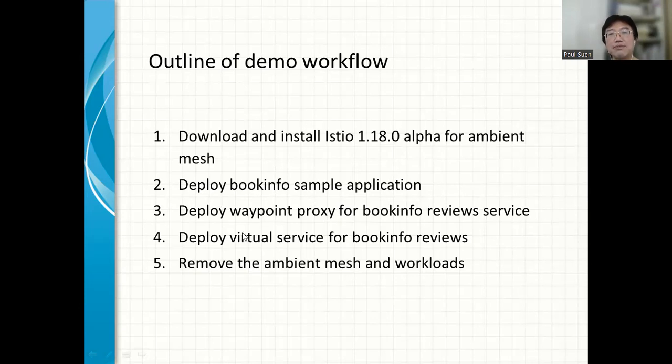After that, we deploy the waypoint proxy for the Bookinfo reviews service, because we want to define a virtual service for the Bookinfo reviews for traffic management on layer 7. And to this end, we need to deploy the waypoint proxy. And after that, we show how to undo our steps and return to the original state. So let's start our hands-on demo now.